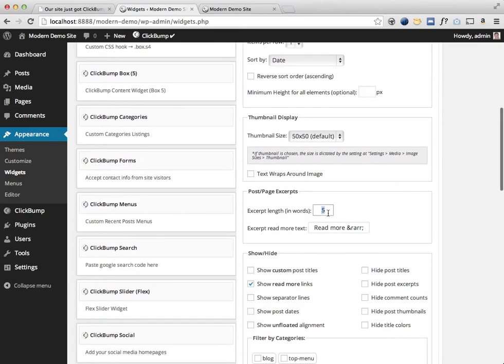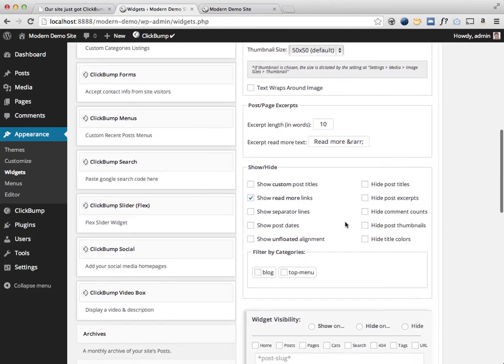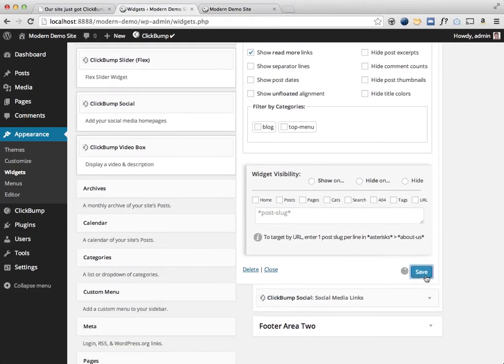Change the excerpt length. So for example, I may want this a little bit longer, so I can say 10 words. You can change what the read more link displays, as well as you can filter it so that it only displays specific categories here. So I'm happy with that. I'll just click save,